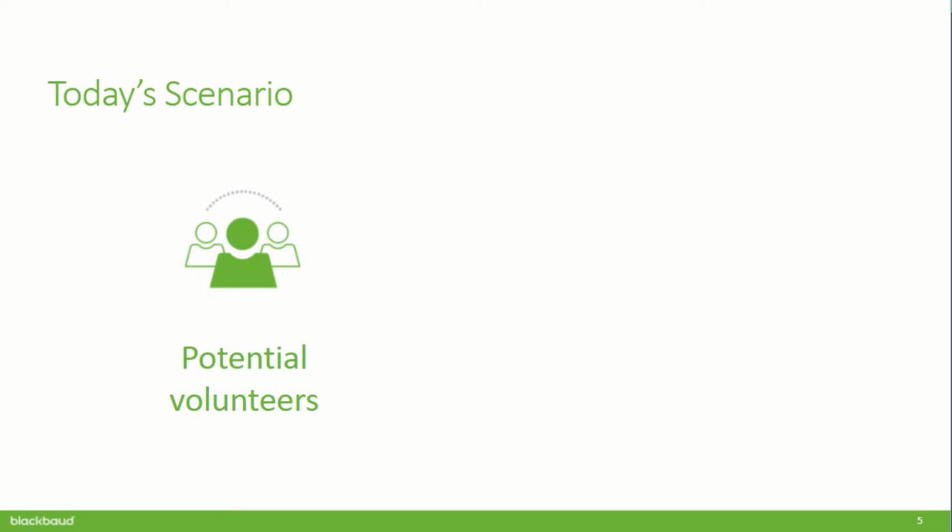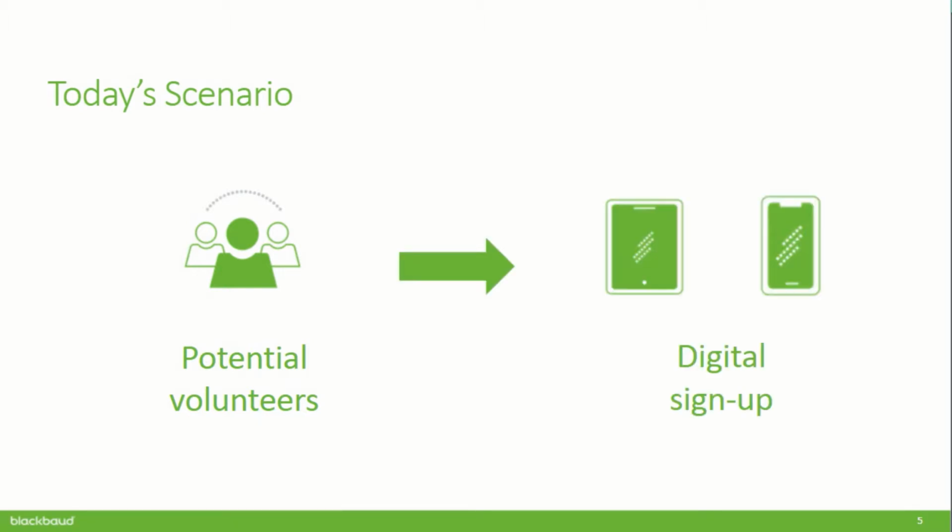But even, and this is the same if you had a digital sign-up of somebody filling out a Google form or something like that, even if you have this information already on a computer, already typed up, how do you get it into your database? How do you connect this action that they're taking with their overall constituent record? It's going to take a lot of work, regardless of whether you have something or you don't.